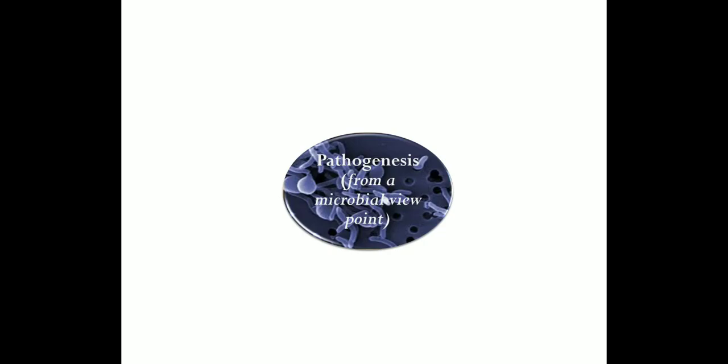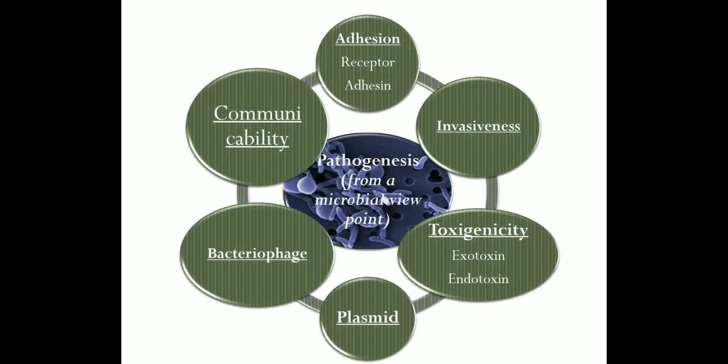So let us now view pathogenesis from the microbial point of view. There are several weapons, as I mentioned earlier, which are expressed by the microorganisms to cause an infection. First, the microorganism needs to bind to a specific receptor in the host cell. This process is called adhesion. Once adhesion takes place, the microorganism invades the host cells. Following invasion, it secretes certain toxins. The toxins are secreted from within the bacterial cell, or they are expressed outside. Depending on the nature of secretion of the toxin, we say it is